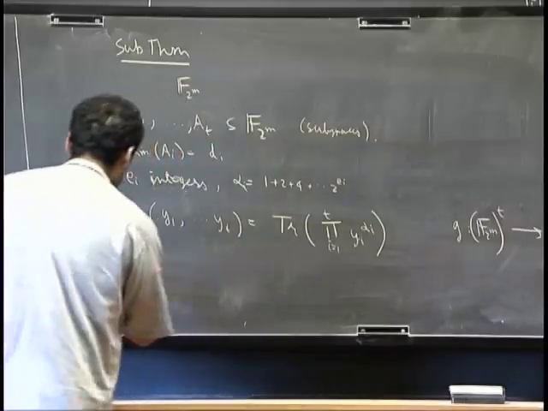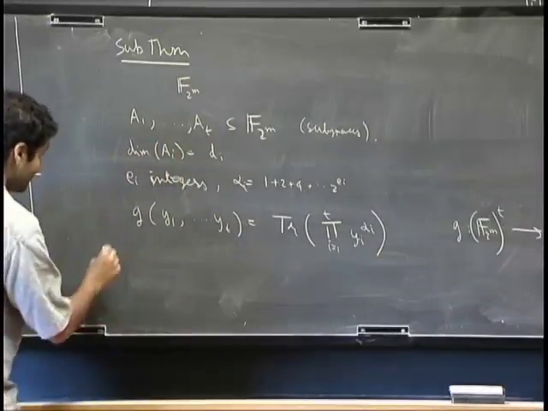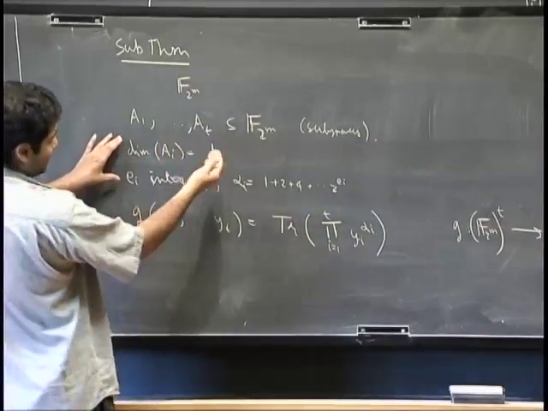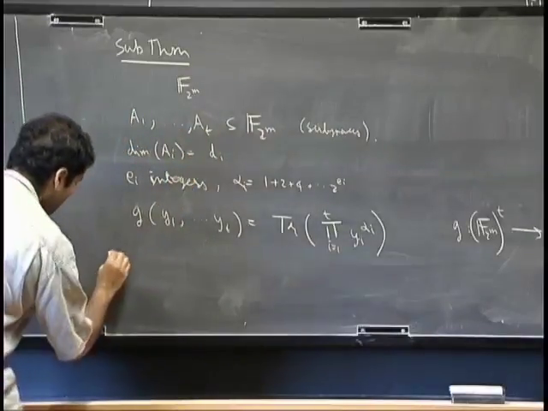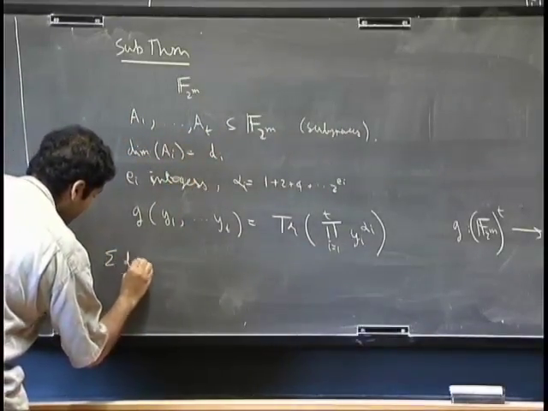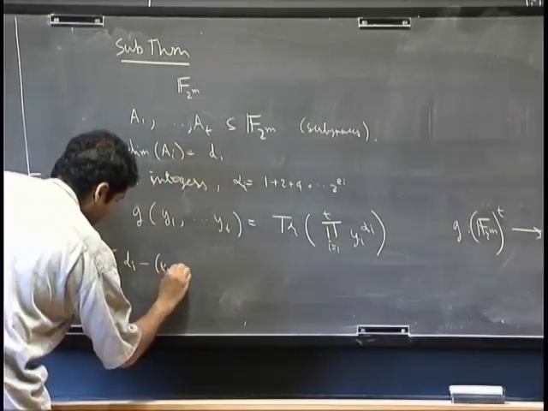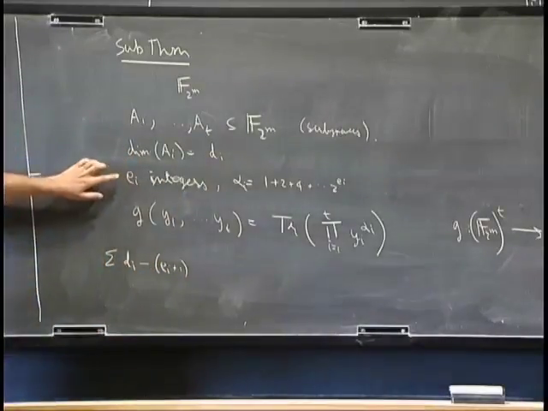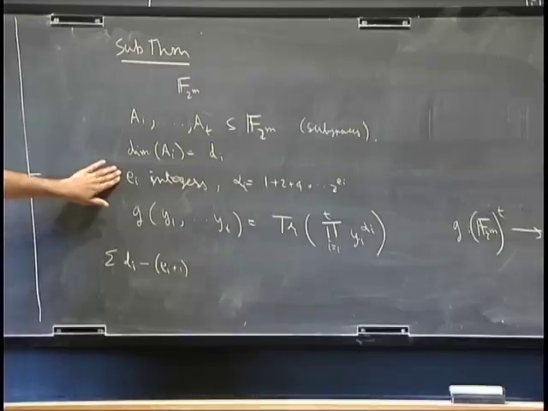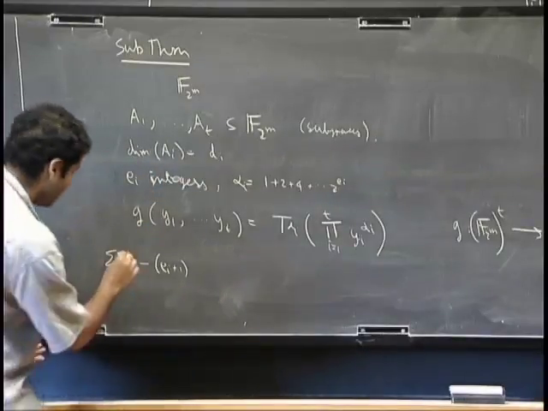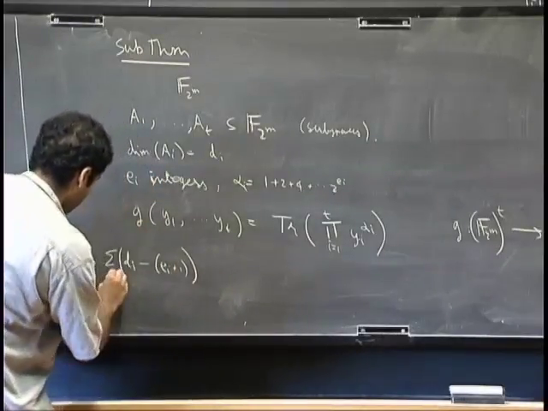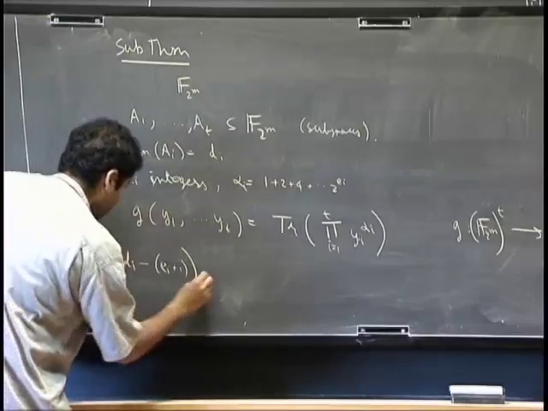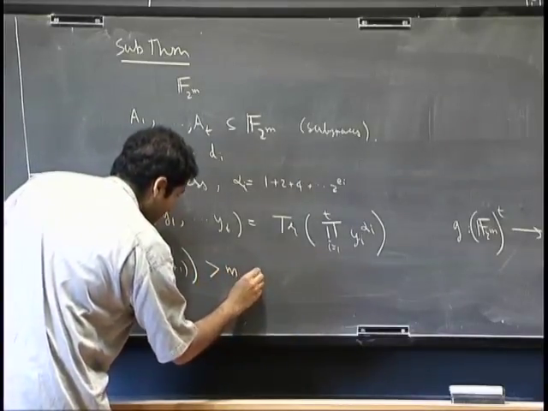Okay, and then the claim. Oh, right. And I'm going to assume that there's a lot of dimension sitting inside this. So summation of d_i minus e_i plus 1. So e_i's are to be thought of as small. For the moment one can even take e_i to be 1 in this theorem, just to get a feel for it. Sum over all i going from 1 to t. If this is greater than m,